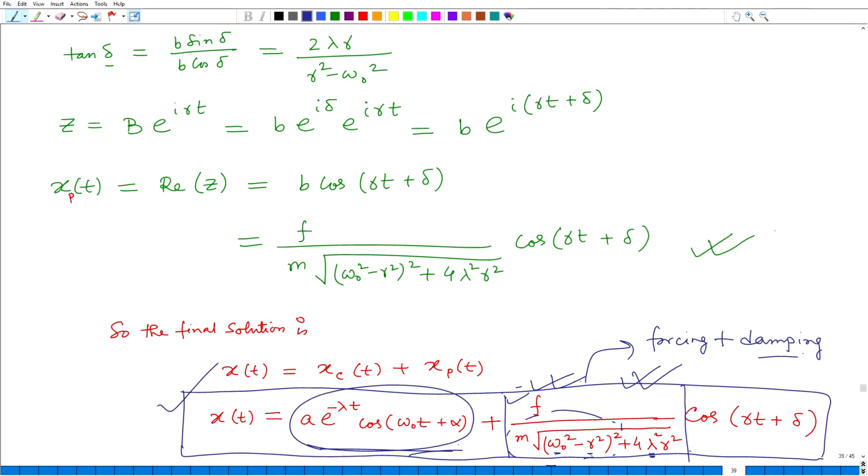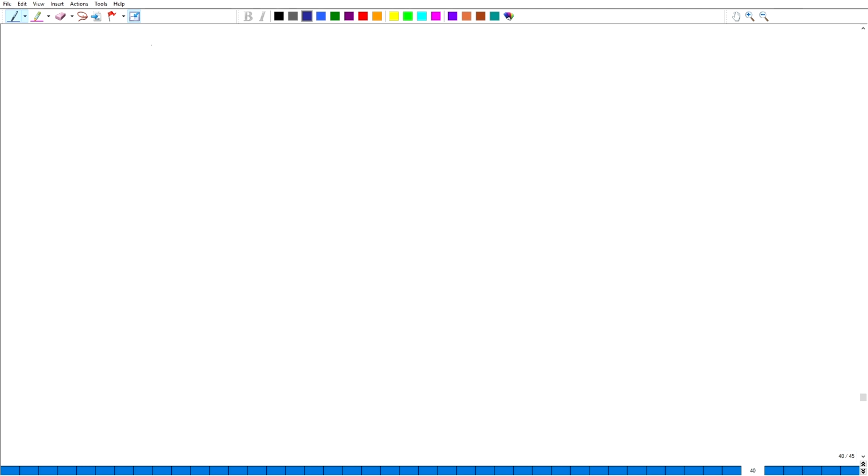So, you see, the point is that for which combination of this omega 0, gamma and lambda do you have this force, this amplitude part, to be maximum. Okay. So, I just extract this expression over here. I can write this expression B is equal to f by m root over omega 0 square minus gamma square plus 4 lambda square gamma square. Okay. That to be maximum